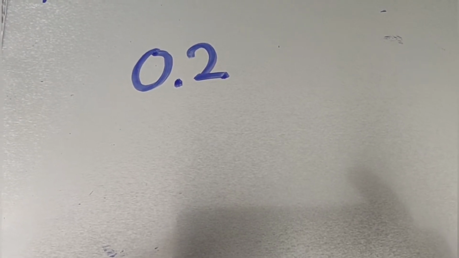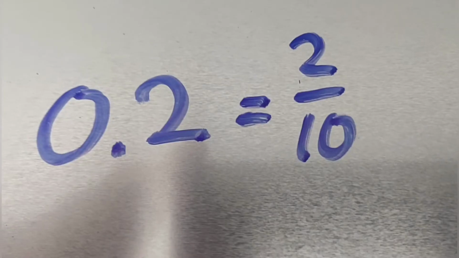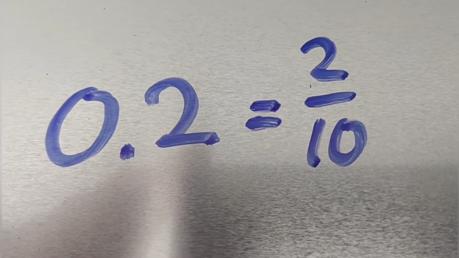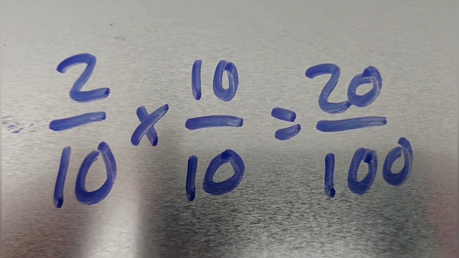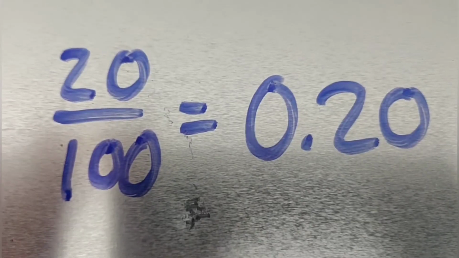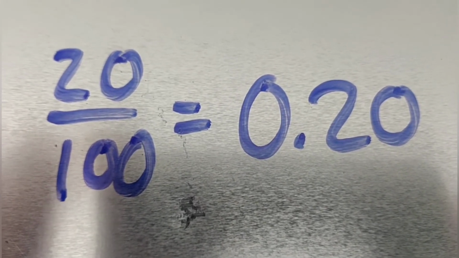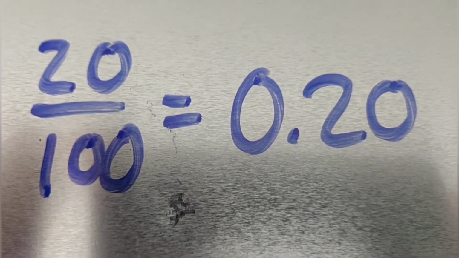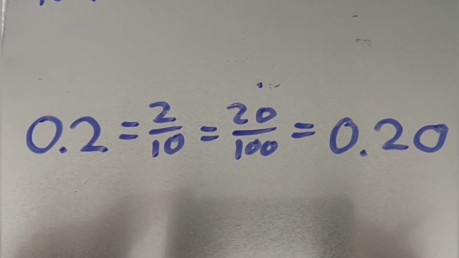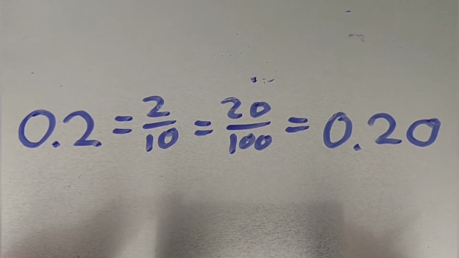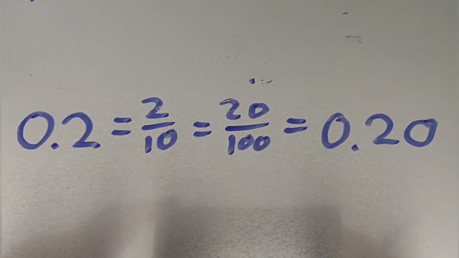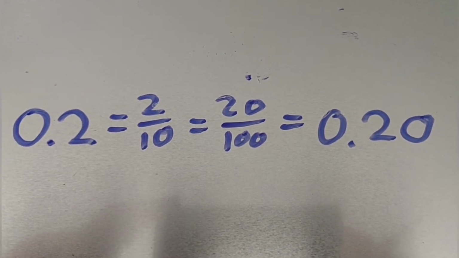So now I think we're at the point where we could just say that 0.2 is the same as 2/10, that 2/10 is the same as 20 hundredths, and that 20 hundredths is the same as 0.20. So if 0.2 equals 2/10, which equals 20 hundredths, which equals 0.20, then 0.2 and 0.20 are the same